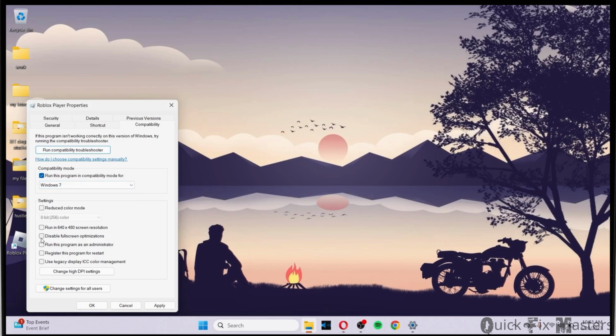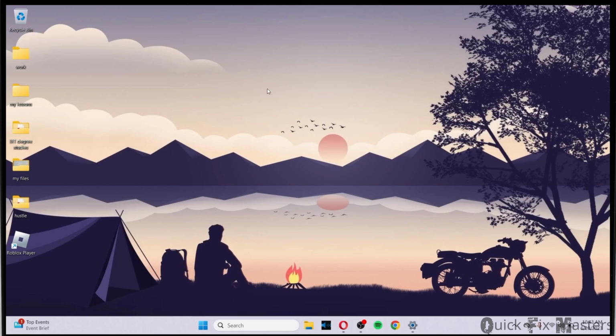And also, don't forget to disable full screen optimization right here. So after you choose these two options, then the problem you've been facing will likely be fixed. Click on apply, and that's it. Those are some of the methods on how you can fix your